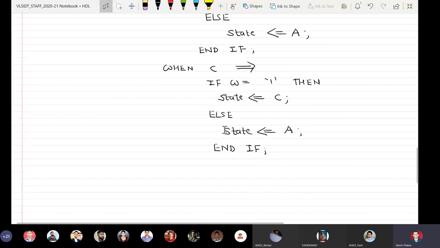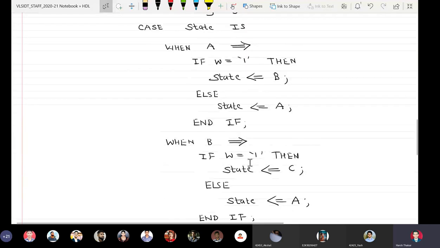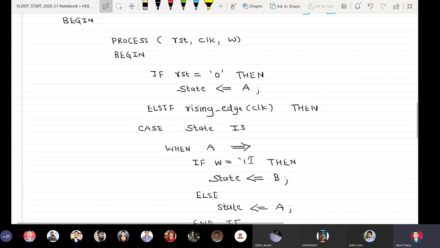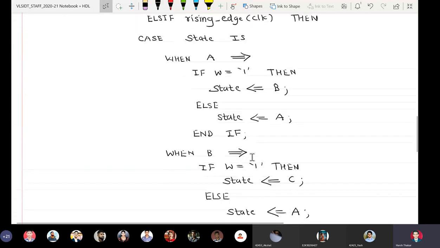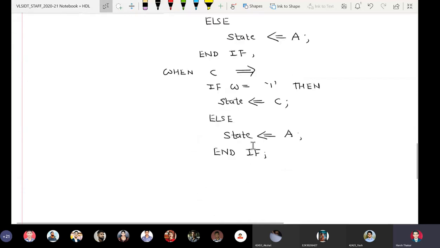Okay, so state C is discussed, state B is discussed, state A is discussed under the case statement.